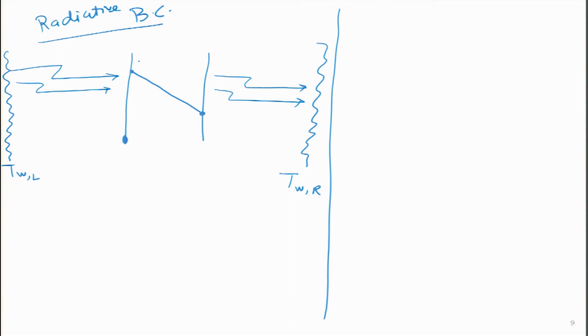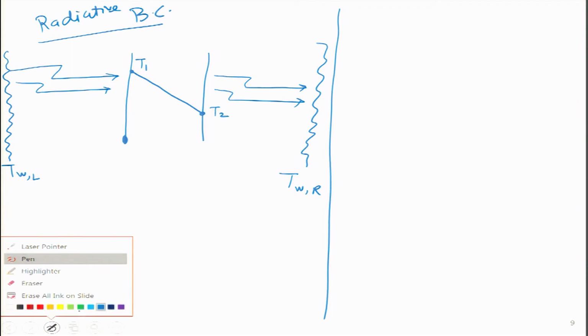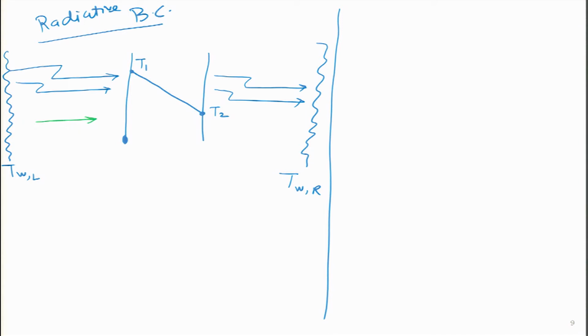which means if I put this number as T1 over here and this number as T2, if this is the direction in which heat transfer is taking place, it is going from left to right, then again left to right, and then again left to right over here, then I can say that TWL is greater than T1, which is greater than T2, which is greater than TWR. So, heat is going from a higher temperature to slightly lower temperature, then through the brick wall, again lower temperature, then through the exterior wall at some far distance, which is absorbing all the heat.